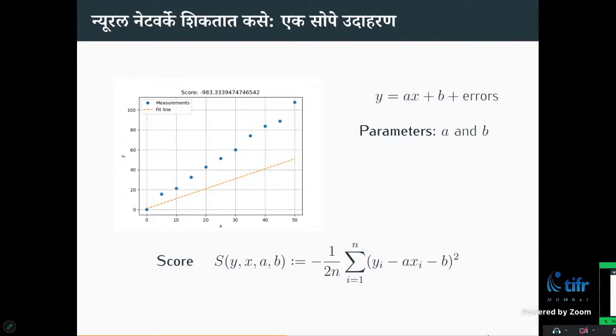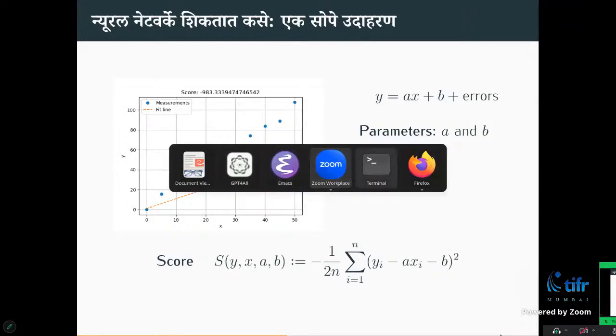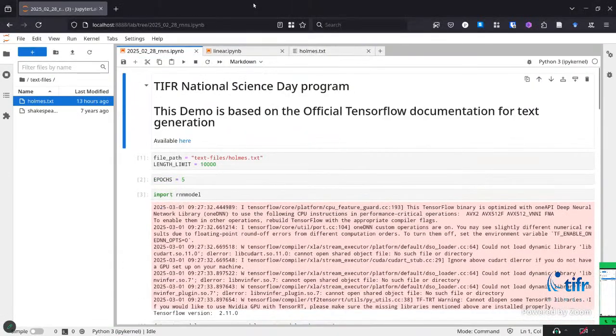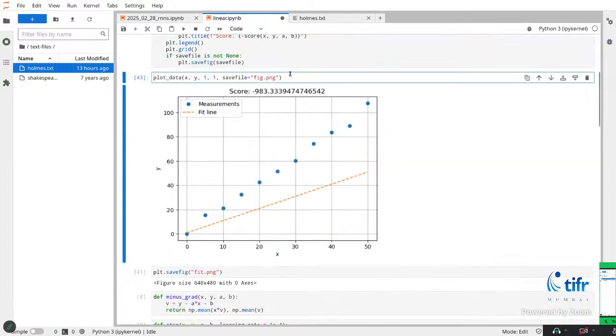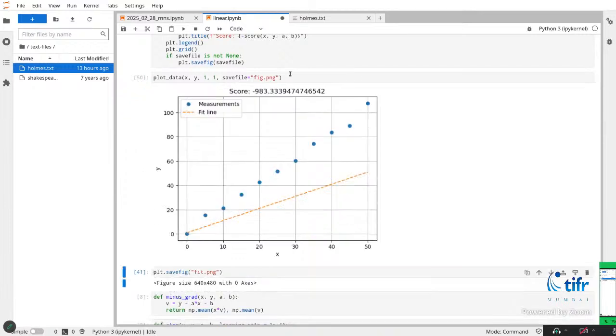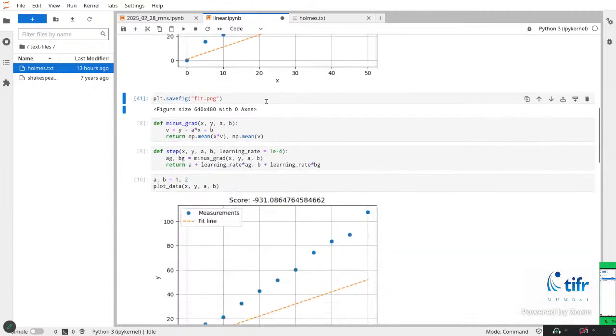Okay, so let's try this. Okay, so yeah, here I've just run like so. This is just some synthetic data that has been generated. So this is the picture that you saw on the slide, and now what we are